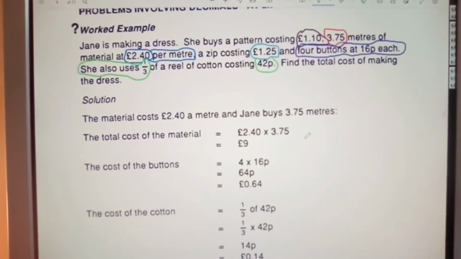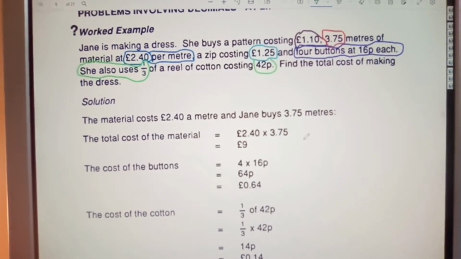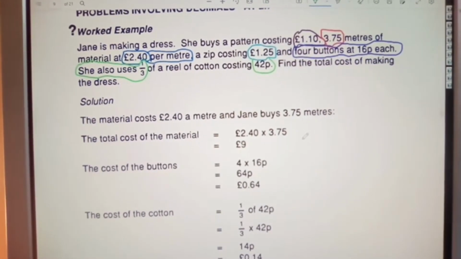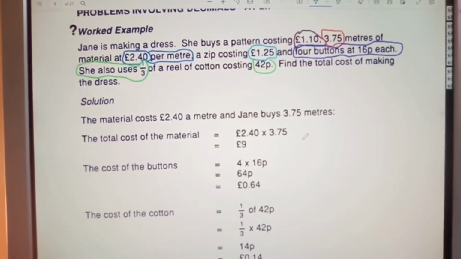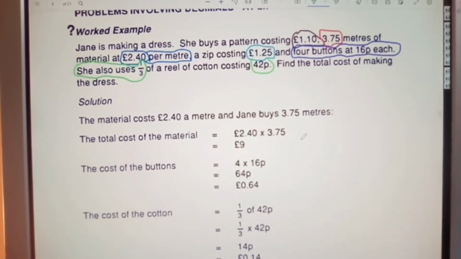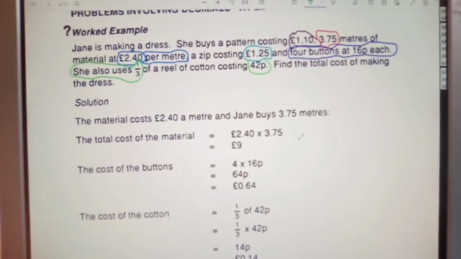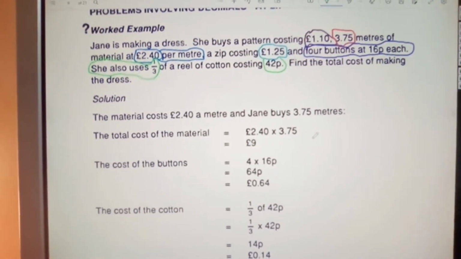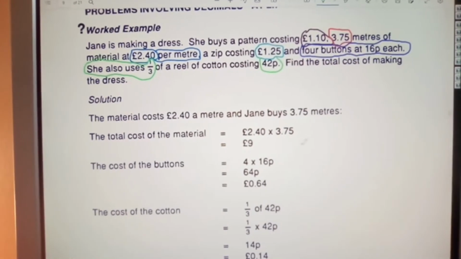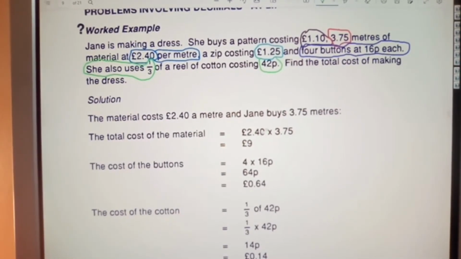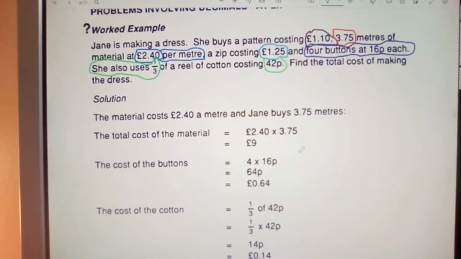You recall previously that we were dealing in decimals, so we should now be a little bit more familiar with handling decimals in multiplications than we were before, hopefully. You can see that when you multiply 2.40 times 3.75,